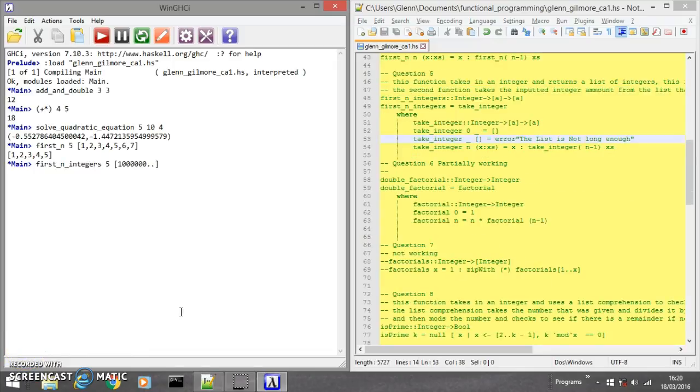Question 5 does the same as question 4, but takes type integer. It allows for larger numbers to be taken from a list. It checks to see if the number of elements you request is 0 and will return an empty list, or will return an error if you're trying to take anything from an empty list. Here's the code working on the left. As you can see, it gives me the first 5 elements of the list that I've passed in. Integer works better here because int doesn't take